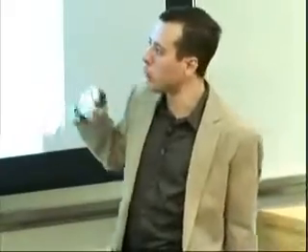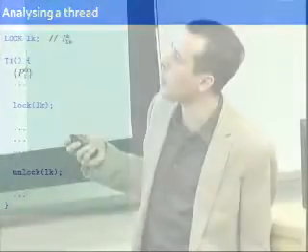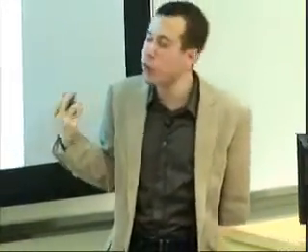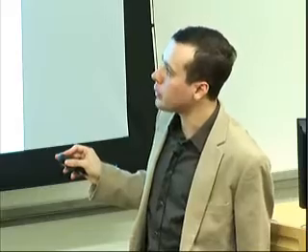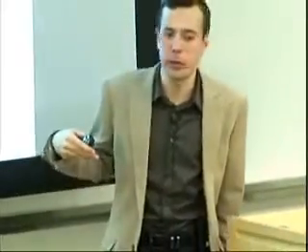OK, so now to be more detailed, the way you analyze a thread in this case is, OK, suppose we have this thread and just one lock and some approximation i_k of the resource invariant. What we do is we start with some initial local state of this thread. And again, I'm not telling you at the moment where I get that from, but suppose we have it. So I take this initial local state of this thread at the beginning of the program, and I run my sequential shape analysis on the code of this thread starting from this state.